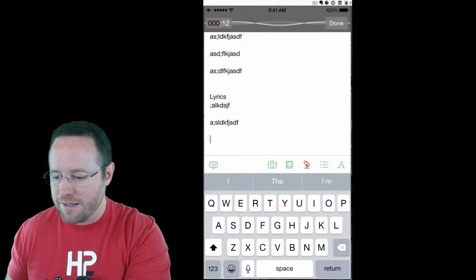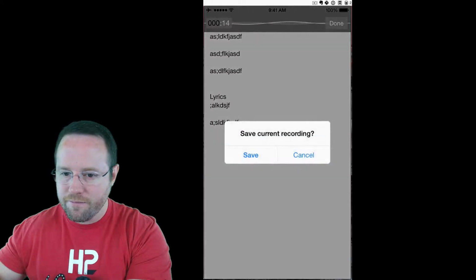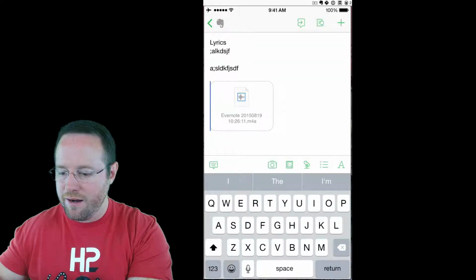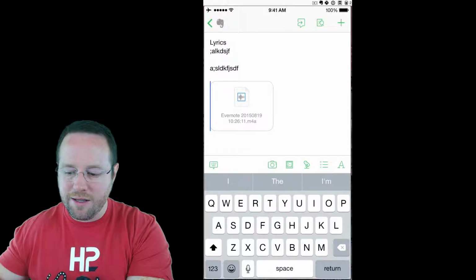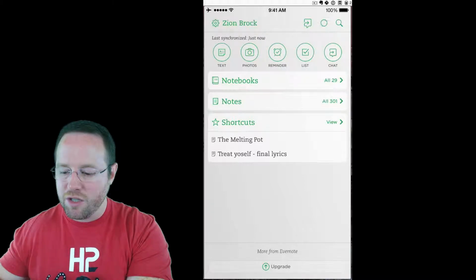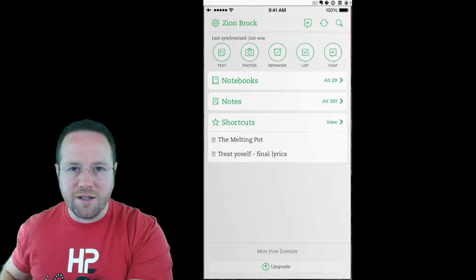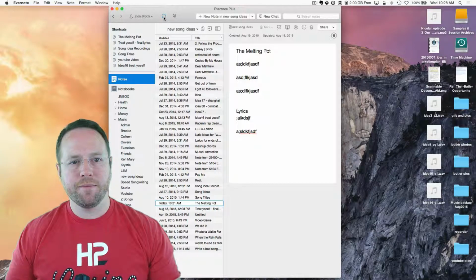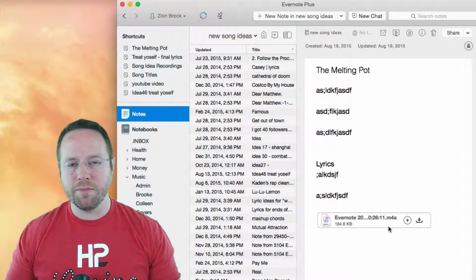I'm going to hit the stop button. Okay, save that recording. And there it is right there. Now I can either play it from my phone or I can sync. So it's syncing right now, and we're going to jump back over to the computer and check out if it's there. So now back on the Mac, I can hit the sync button and boom, it just pulls it right in. And if we play it,